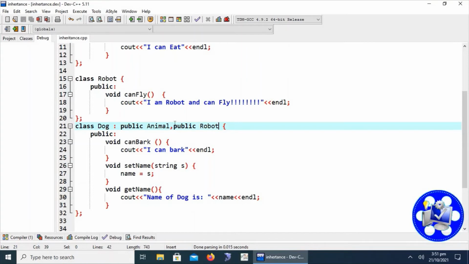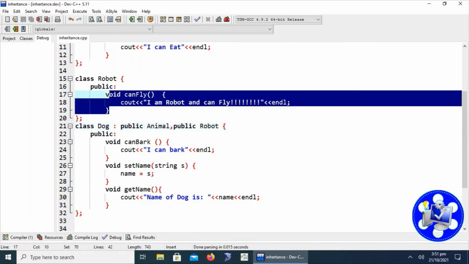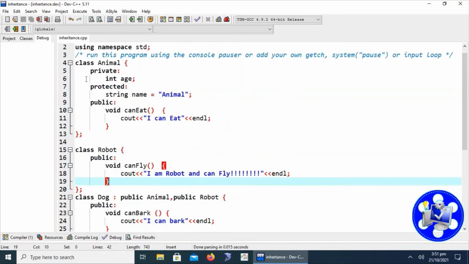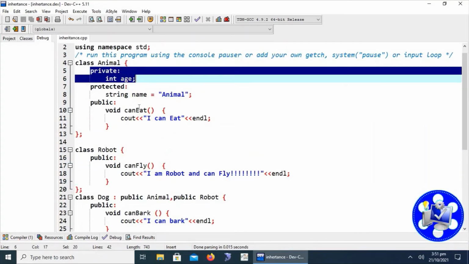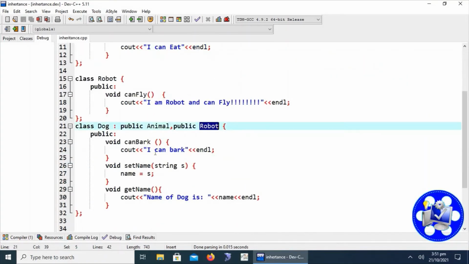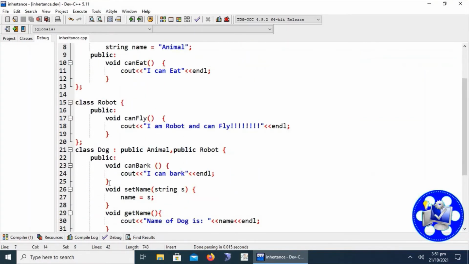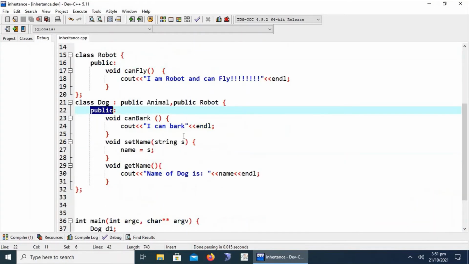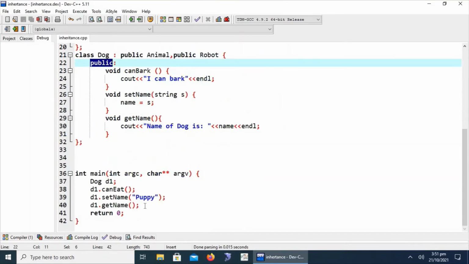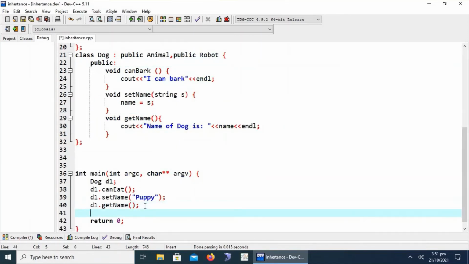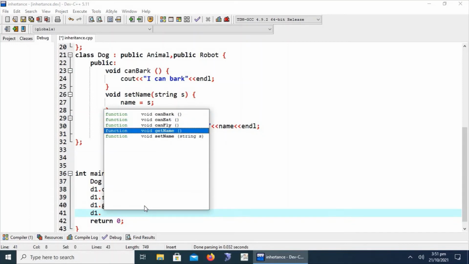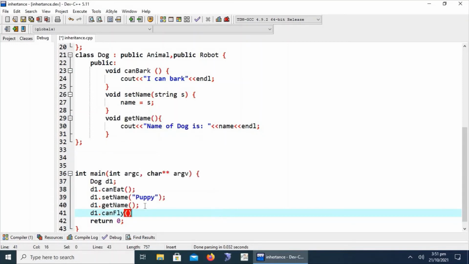Same thing that we have already discussed: all private members of the base class robot will be private in the derived class dog, all protected will be accessible in the derived class, and all public will also be accessible in the derived class. It means that we can call d1.can_fly.